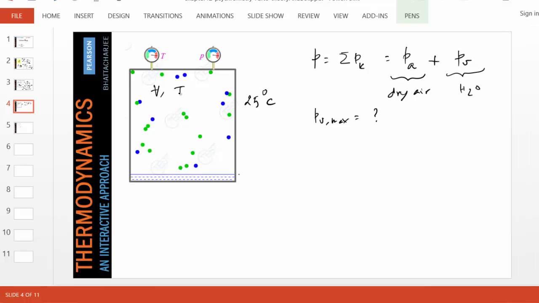So therefore, with a magic wand, we can just get rid of all the air molecules, and according to Dalton, nothing changed except the pressure will go from P to PV. So of course, that means the water molecules are in equilibrium with water vapor, oblivious of the presence of air molecules. So whether air is present or absent,